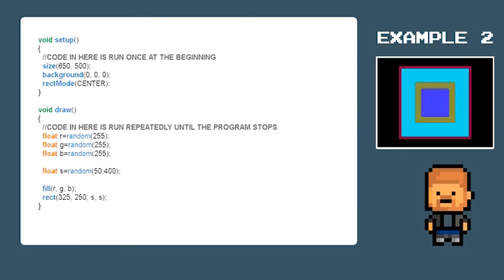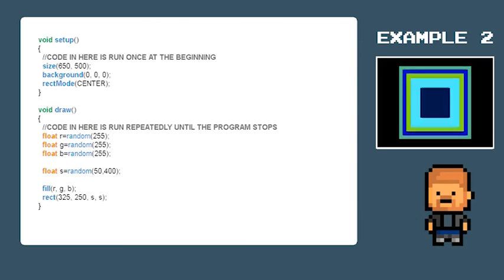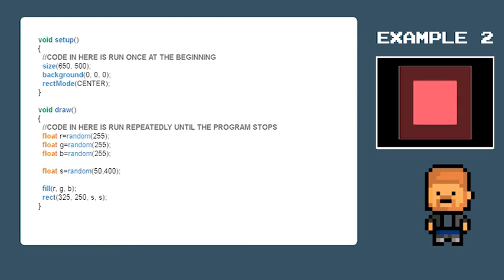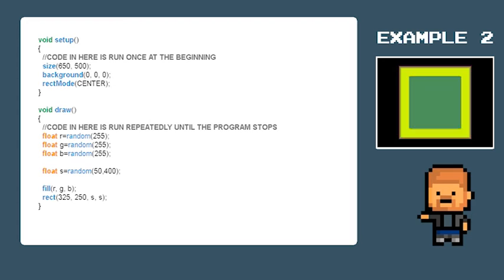Okay, let's move on to example number 2. Now be aware, in example 2, you won't need to rewrite all of the code that you did previously. We're only going to add a few lines of code and change a few things here and there. The new line of code we're going to add is here. We're going to declare a new float called s and have it create a random number between 50 and 400.